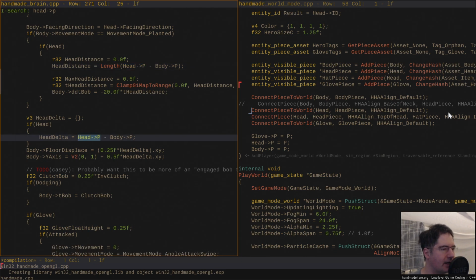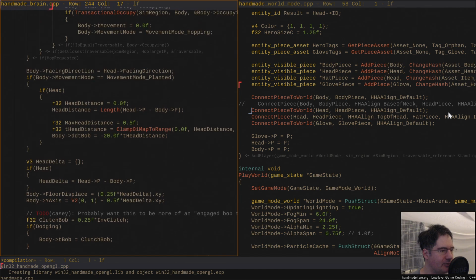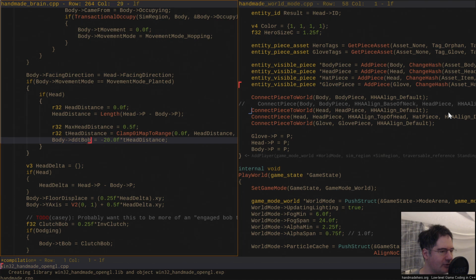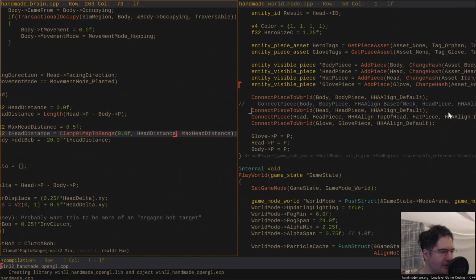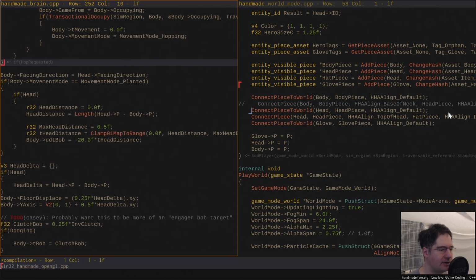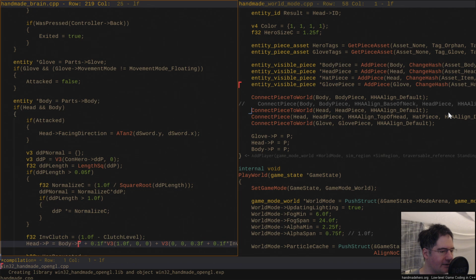All right, so anyway, we want to look at the head P here and see what things are related to it. We have the head distance, for example, that's computed, and it does some stuff where we map it into a range and change this DDT bob based on what we see. Whatever this value is, we produce some kind of clamped value from it. I don't see a lot of problem there, but what I would do now is, since we've got this reliably in a state where we can turn the head off by setting this -1,